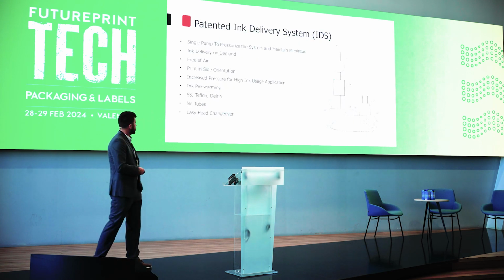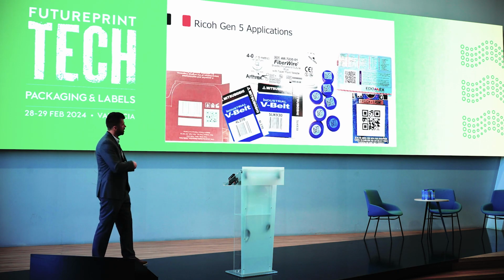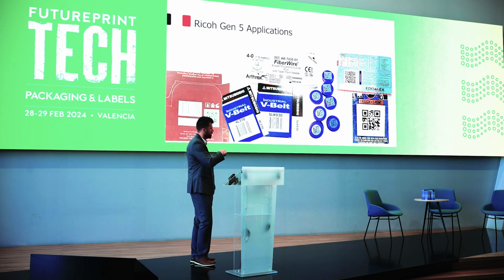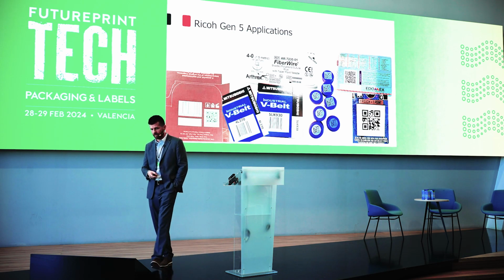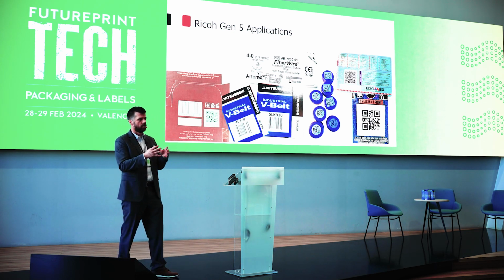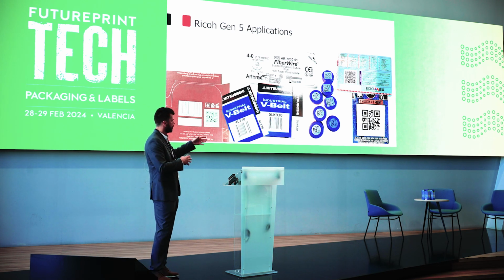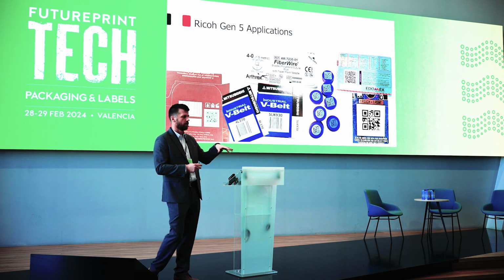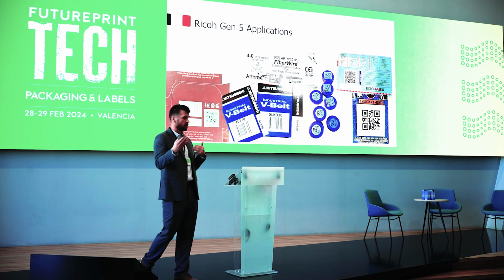So that's our Rico system, and then simple applications. I'm just showing a couple of them. So like medical devices, pharmaceutical devices, printing on bottles. Not the pretty stuff, but more. We have stuff where we're printing QR codes directly on water bottles and soda bottles on bottling lines